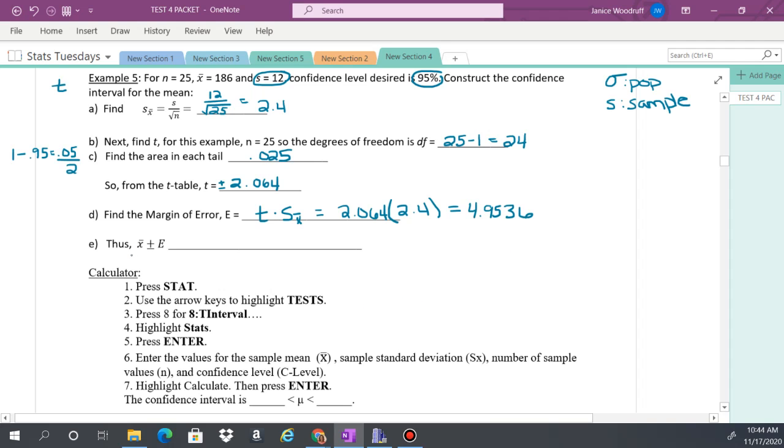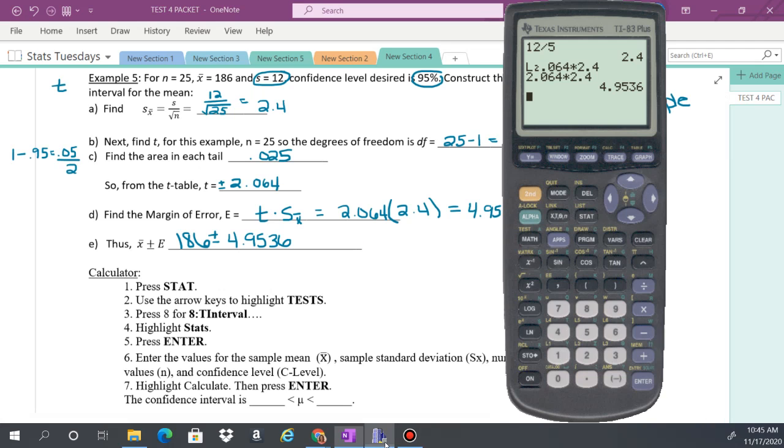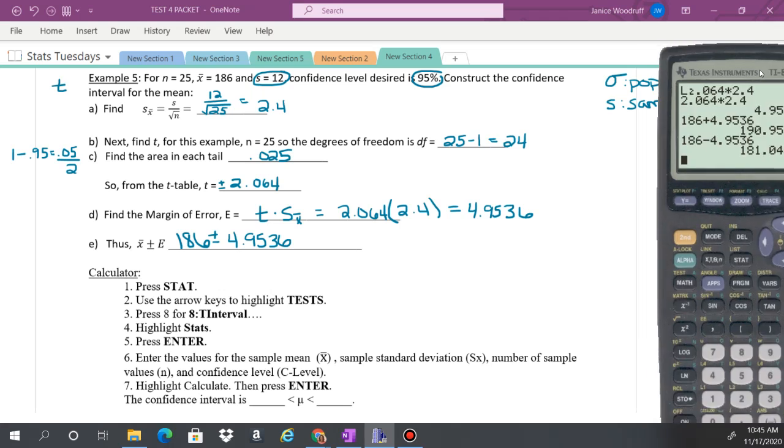Okay, so then finally the confidence interval, X bar, which is given to us as 186, plus or minus the margin of error, 4.9536. So 186 plus 4.9536 gives us 190.9536, and 186 minus 4.9536 gives us 181.0464. So the interval here,